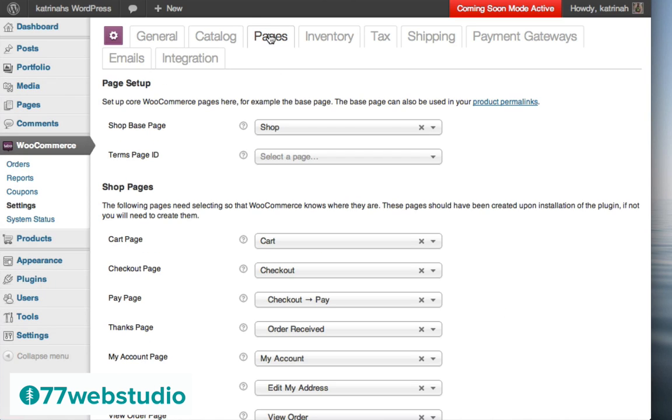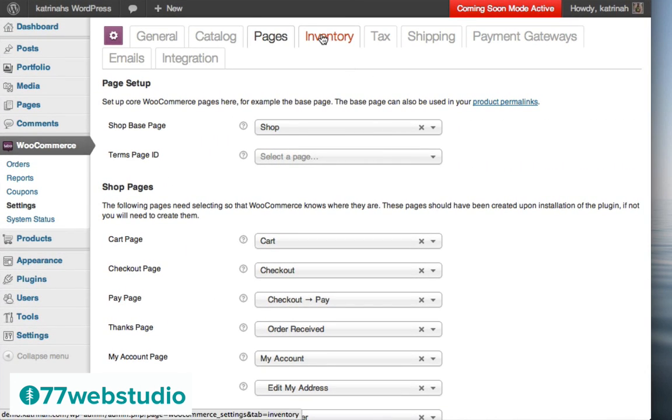When you set up WooCommerce and you set up the pages, they will automatically be added to this particular tab right here. If you do not see any words here, then you need to make sure that you set up your pages one more time, because the WooCommerce e-commerce site will only work if all the pages here are set up. So this is your Pages tab.